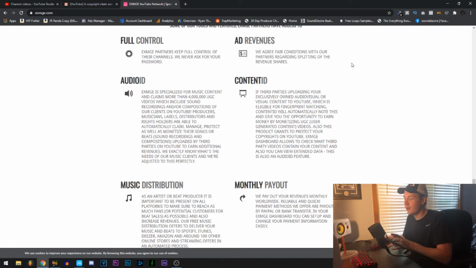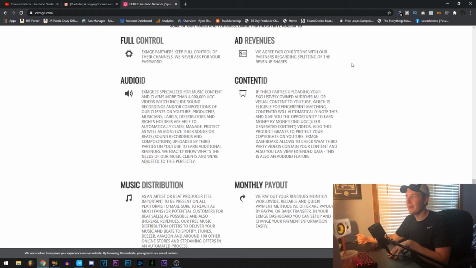This is very helpful in terms of, I made the loop, I made the sample, and I want to keep track of which artists are using it. And yes, you can go ahead and whitelist these claims, which basically means you can let somebody else's content pass through and not get claimed, or remove the claim from it. As the Content ID owner, you can say, hey, this person actually does have a lease to this, they can use it to monetize, so remove the claim from that video. That is something that can be done.